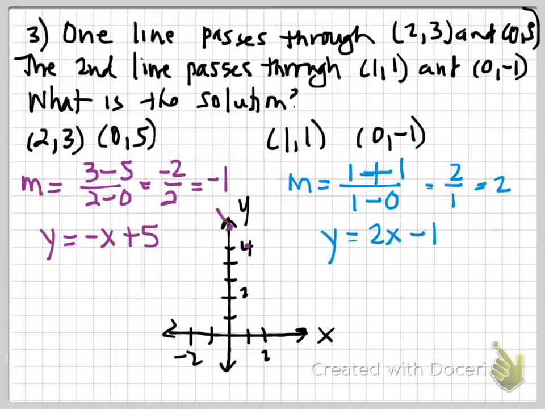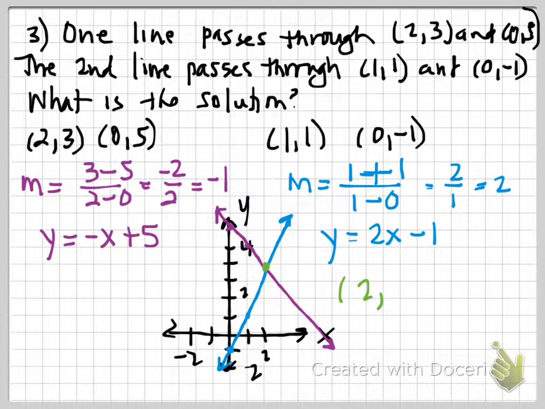And then I'm going to graph that. And then on the other one, the blue one, it has a y-intercept of negative 1. Let me put that in there. Then I'm going to rise up 2 and to the right 1 for that slope. And if I was using a better system for my graphing, I would get the ordered pair (2, 3)